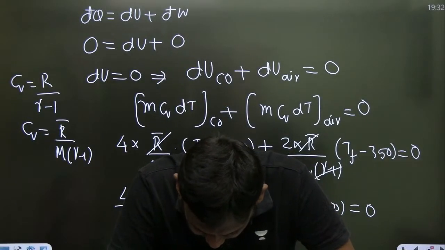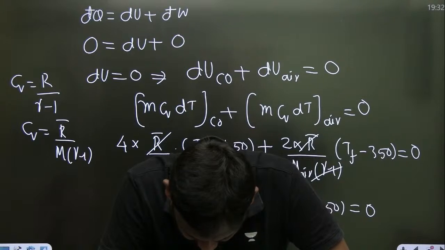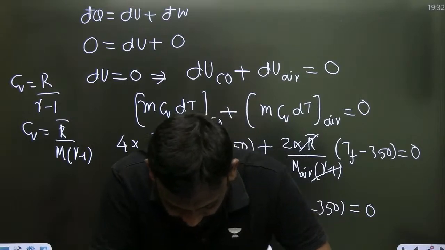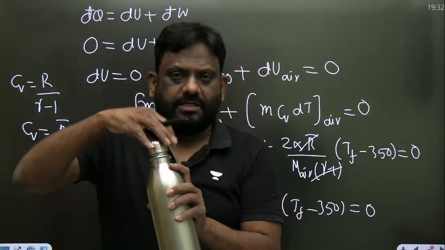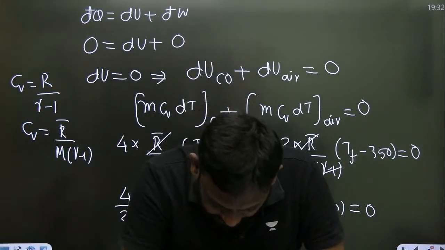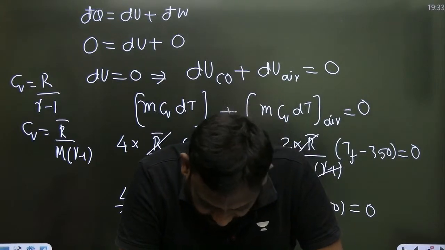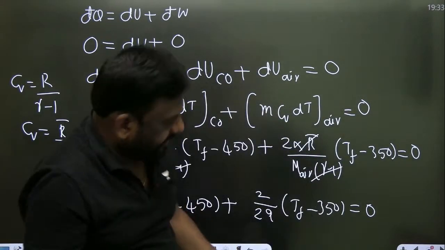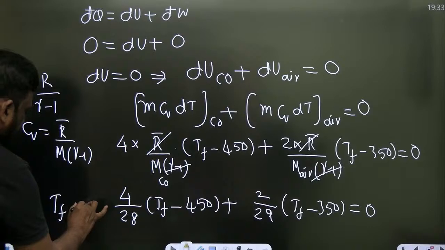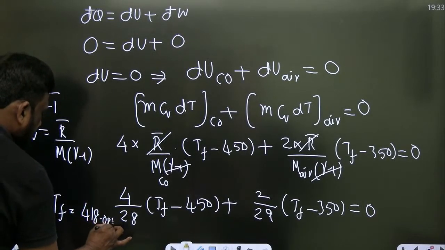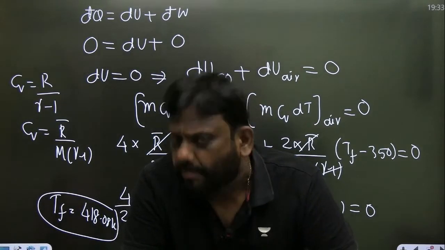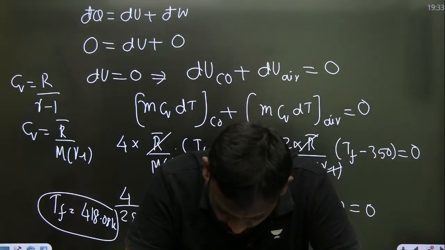Anyone? What did Mayank say? Yes, absolutely. Anyone? Tell me, sir, you people are not getting involved. What is the value of TF? Sir, I am waiting. When I calculate, I'll get TF as 418. Please calculate. Everything is here except TF. And wonderful, hail Rahul Babu. Rahul Babu, 418 is correct.